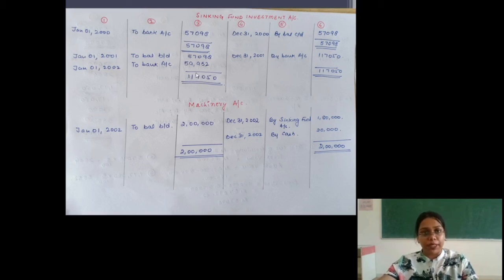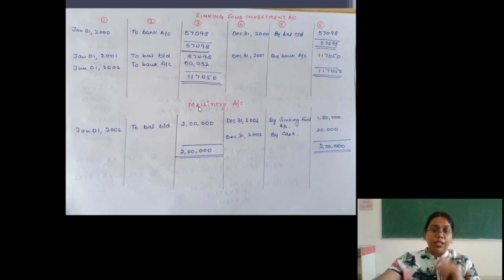On December 31st, this will be the balance. Again on January 1st, 2001, we have charged the depreciation. Sorry, this one will be the balance brought down on January 1st, 2001. This was the end of that year 2000. December 31st, we will bring down the balance to January 1st, 2001, that is 57098. We will again transfer the amount of depreciation, that is 117050. And the difference of this and this will again be transferred to bank account,